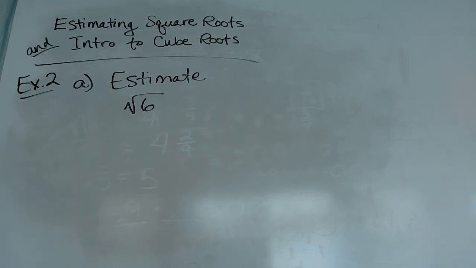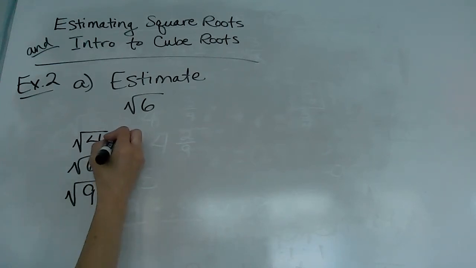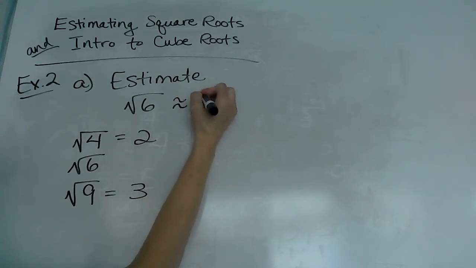The square root of 6 is going to be somewhere between the perfect square root of 4 and the square root of 9, because those are the two perfect squares that are around 6. The one that's less than 6 is 4, and the one that is greater is 9. So we know the square root of 4 is 2. We know the square root of 9 is 3. So we know that the square root of 6 is going to be 2 something. We can